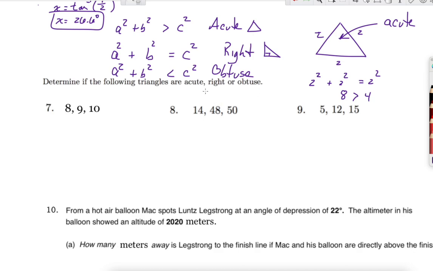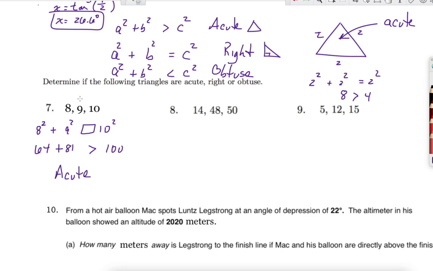That's it really for this. Pretty simple. So we're just going to put these values in: 8 squared plus 9 squared and 10 squared. We're just checking to see which way the inequality goes. These are clearly not going to be equal, right? So you got 64 and 81 and 100. Well, 64 plus 81 is clearly greater. So this is going to be acute,